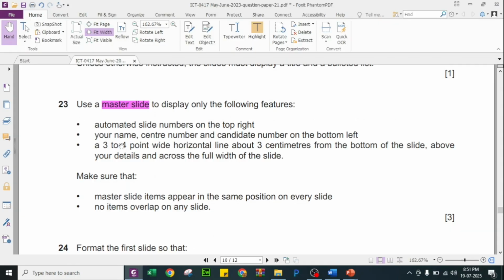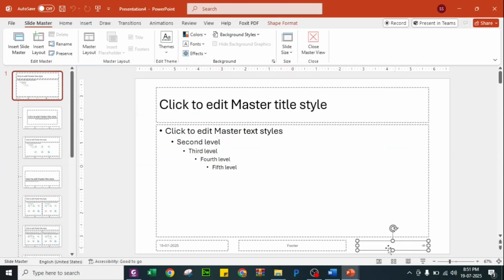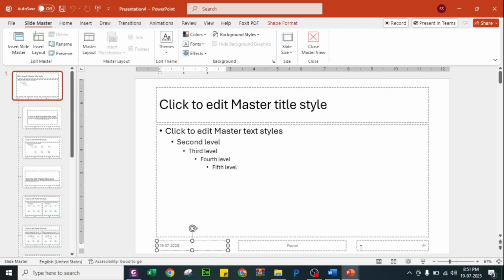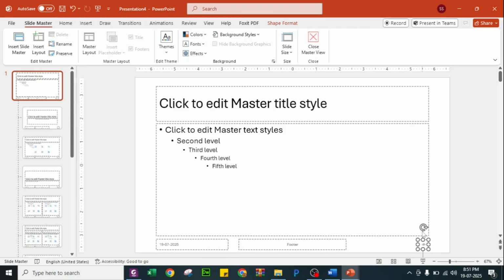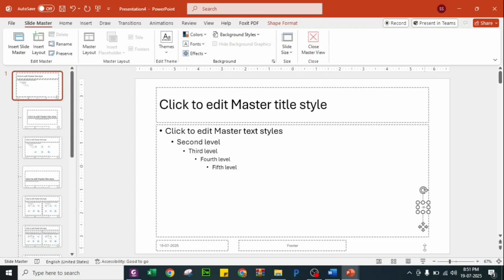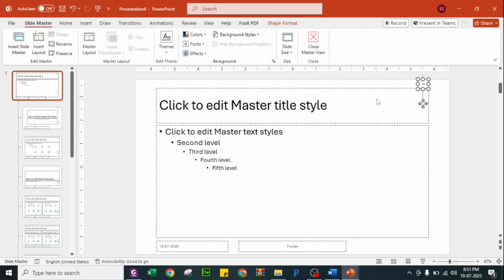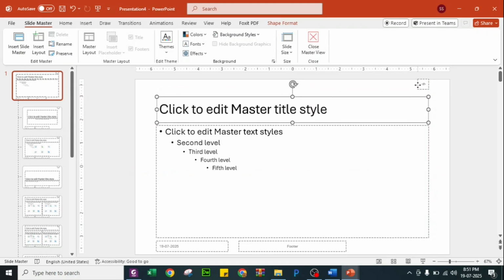Okay. Now, first they want us to insert an automated slide number at the top. Okay, there are 2 important points, top right and slide number. Okay, here are the slide numbers. This is my footer and this is the date. So I am going to make it small and I will drag it up towards the top because they want it at this position, top right. I am going to make this box a bit smaller